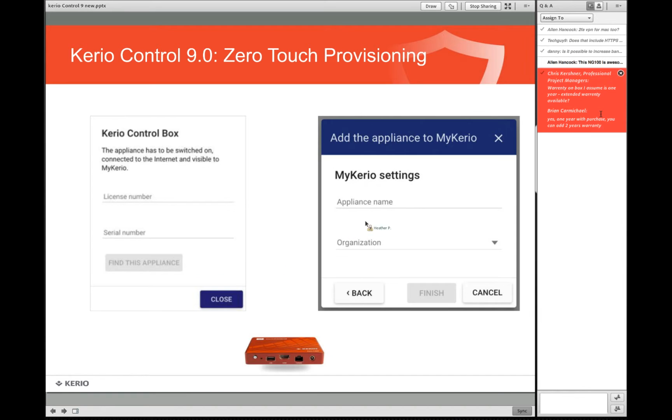Once that happens, and the box is found, you can give the appliance a name and add it, if you wish, to an existing organization that you have. I'll go over organizations in a bit more detail later, but if you were to add the new box to an organization, what this means is that everything you've set up for that organization will be applicable to this